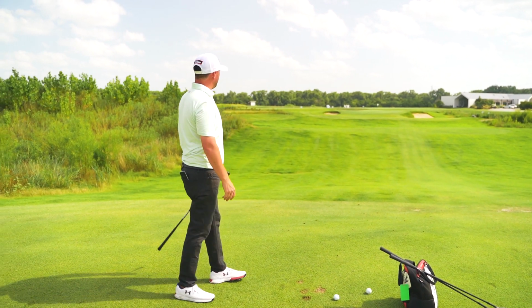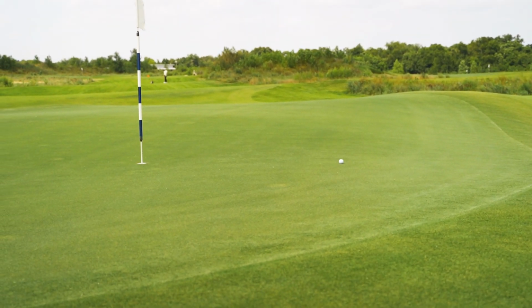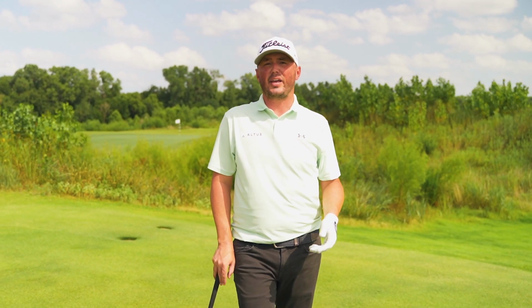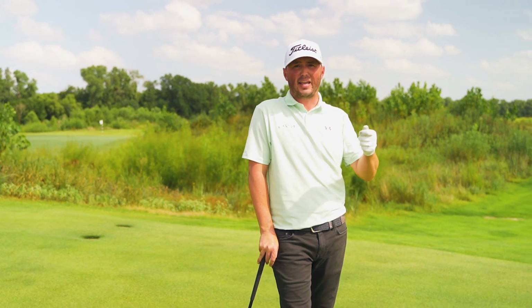So we got it up in the air, a little right of the pin, kind of one hop and stop, which is exactly the shot that we're going to want in this situation. So let's say that's not enough. Let's say they get some really wet conditions, the greens soften up, and even that shot right there is spinning